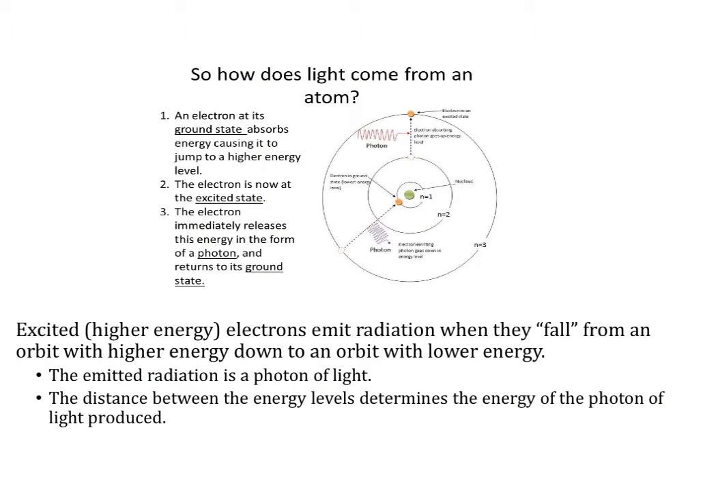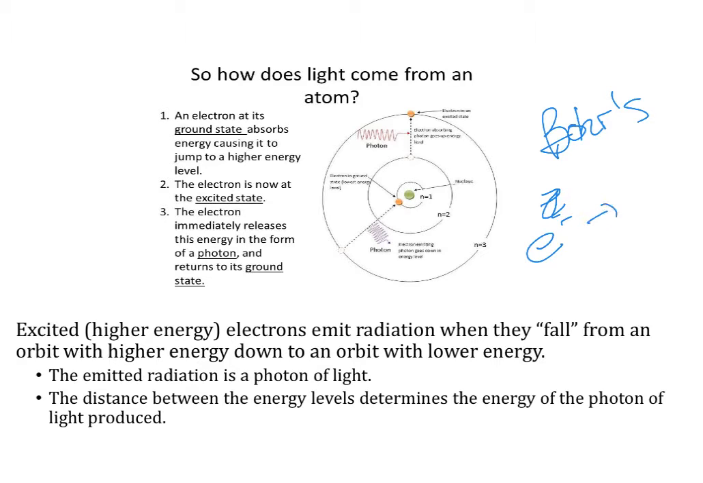So how on earth does light come from an atom? Well, this is actually the Bohr model of an atom, if you've ever heard of that. It's after the subatomic particles were discovered and after the nucleus was discovered. Bohr's primary contribution was that electrons,